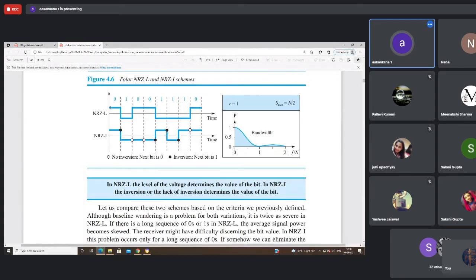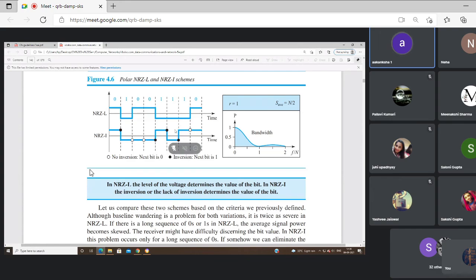Because it is constantly saying we have to send a positive voltage signal for 0 and a negative voltage signal for 1. So if we have continuous zeros, a continuous positive level, there could be a problem in synchronization. And if we have continuous negative voltage, we can have a synchronization problem. But in NRZI, in the case of ones, we don't have any problem because for every one we are inverting the signal. So if it is a long sequence of ones, there is no problem because for every next one we are doing the transition from negative to positive or positive to negative.